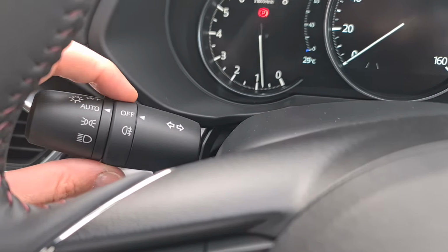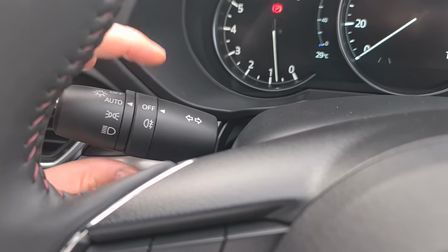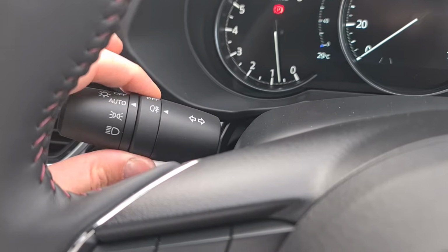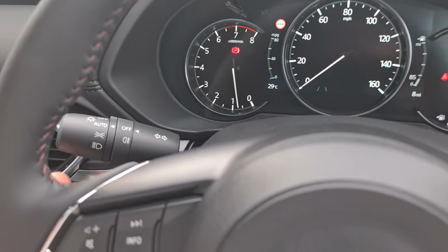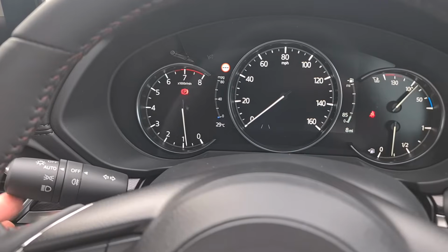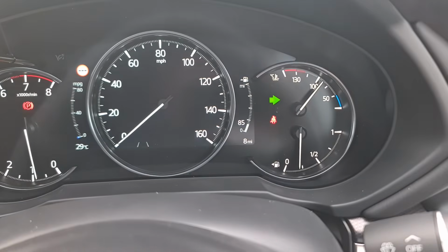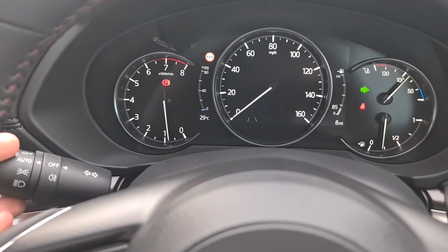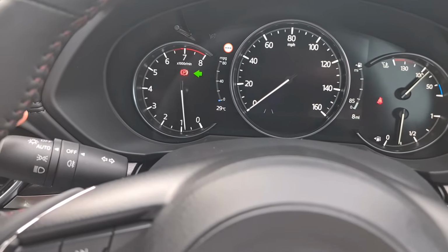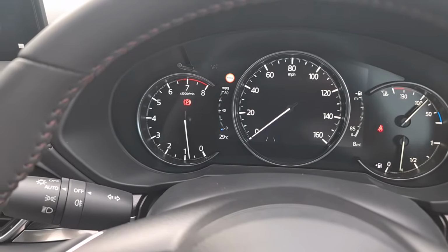You have a rear fog light here which you can turn on and turn off simply by flicking it. It doesn't stay on, you literally toggle between on and off like so. And indicators, everything is normal in our Mazdas. You can push it all the way up to do an indefinite number of clicks, or you can just give it a little push and it will do 3 clicks for you